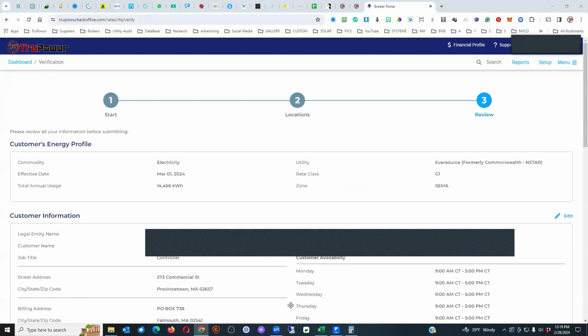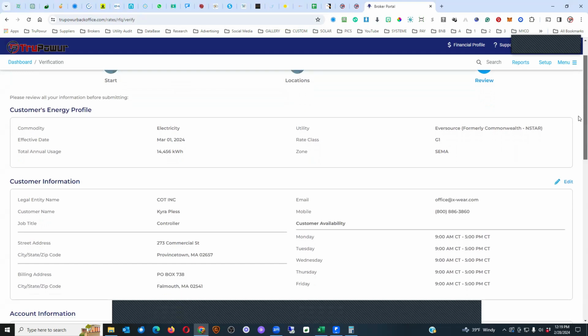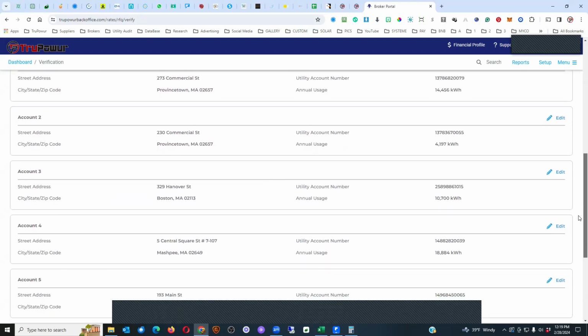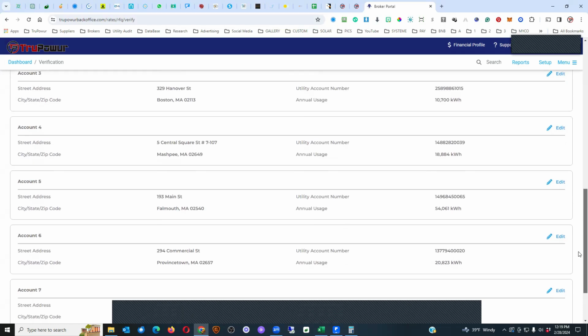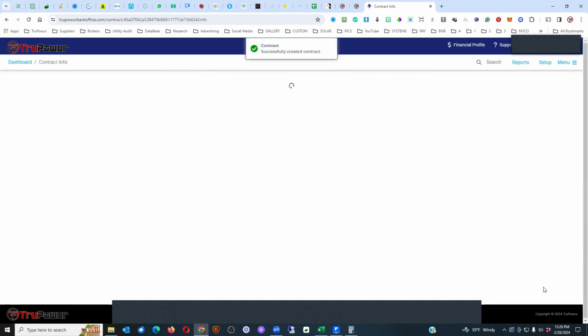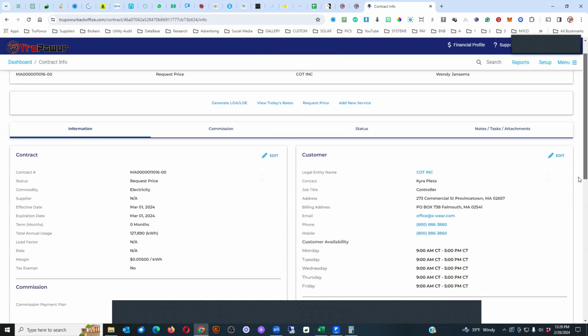So now the system has updated everything. It is going to give you a chance to do some final review to look at everything, make sure that you've got all of the accounts and usage in there like you should, and then hit submit. Once you do that, that is going to bring it up to the information page where you can observe everything